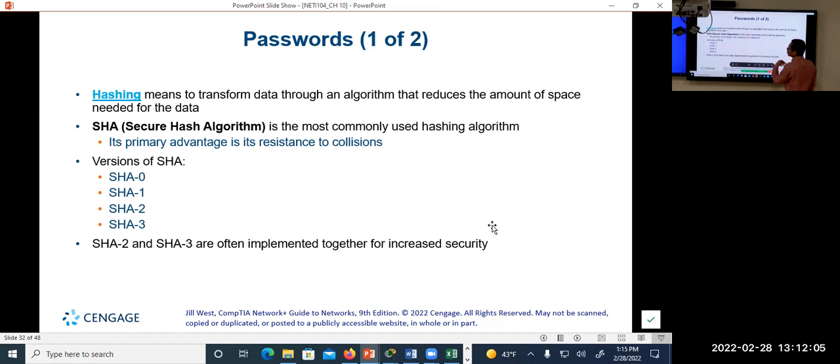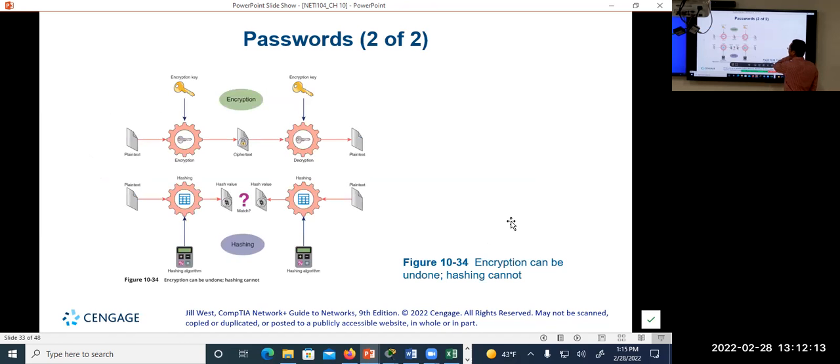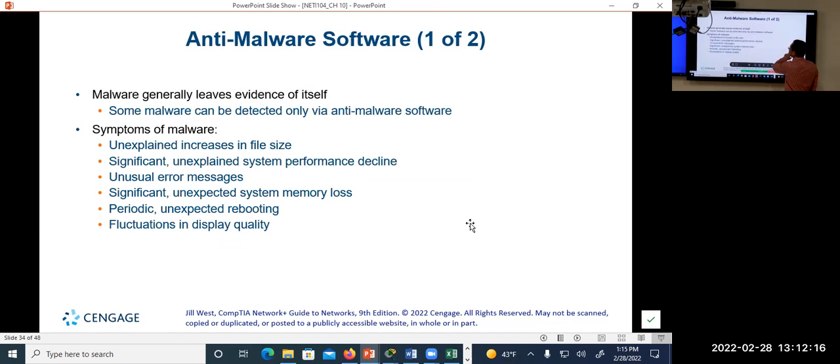Okay, so with the password, we learned about the public key, right? And you have the private key. You learned it already, so I don't want to go into it here anymore. And you have the